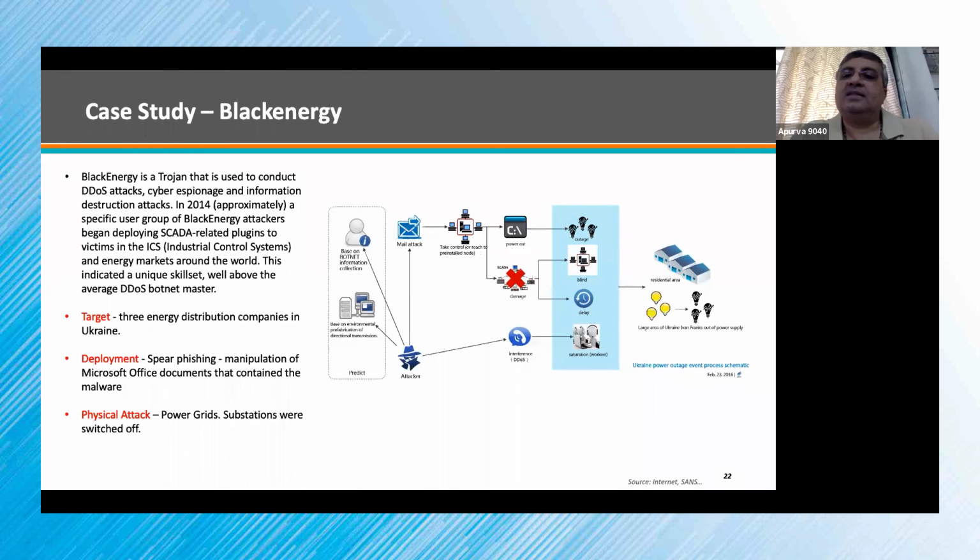So that's how the spear phishing worked. This is where, when we talk about why IT and OT have to be integrated, we also need to consider what we need to take care of. If you are reading your mails and opening an attachment, you should know the person who is sending it, and only then open the attachment. Otherwise, those kinds of things will happen. The attacker will take advantage and destroy your substation.